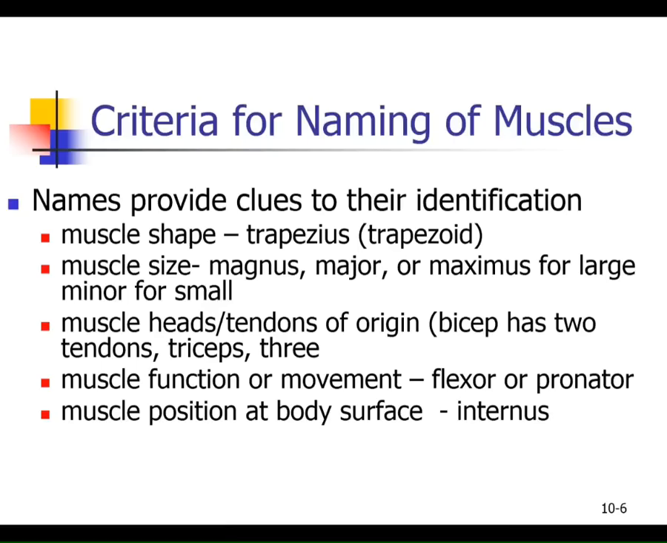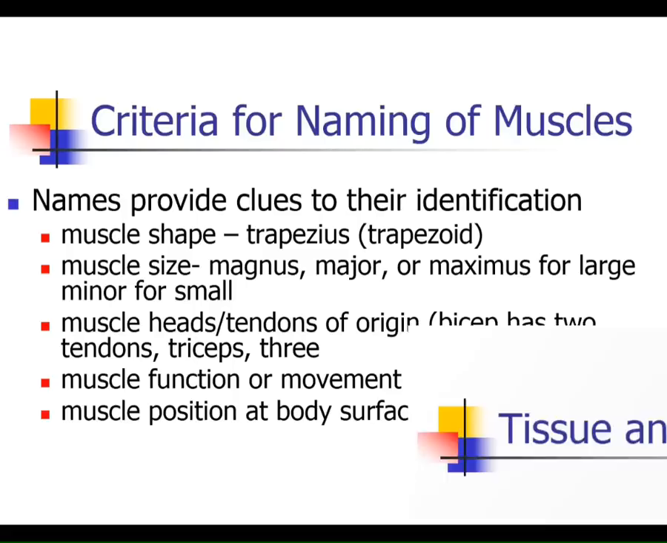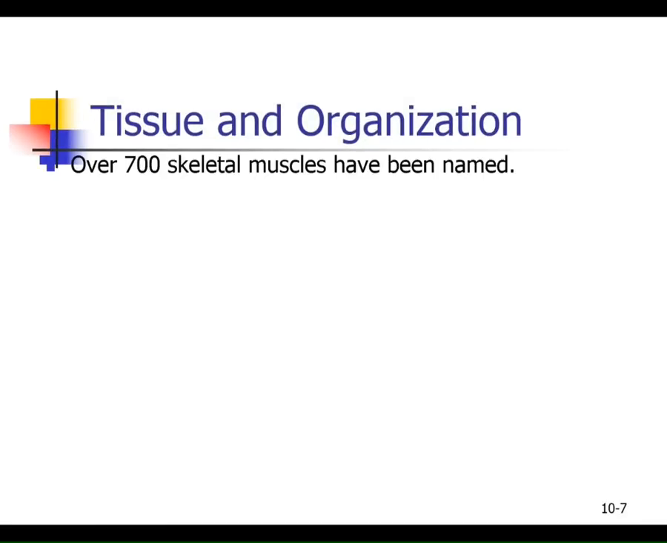And again, if we know these clues within the names, it'll help us. Now, we learned about the trapezius, right? We know it's a trapezoid-shaped muscle. That's where it gets its name. We learned the gluteus maximus, and we learned the gluteus medius. We did not learn the gluteus minimus, but there is one. It's not on our list. The pectoralis major, and there's also a pectoralis minor. We've seen those. The biceps, the triceps. We didn't have any flexors or extensors this semester, or pronators. But you get the idea that these names tell us something about what the muscle does or where it's found